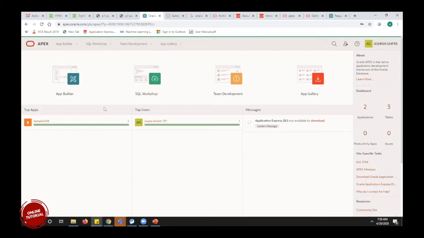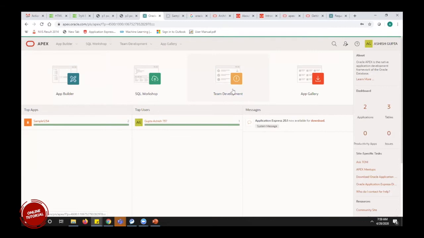Good. So, if you see my screen, we have something like app builder, SQL workshop, team development, and app gallery. What these four things tell us is that in the app builder we are going to do all the UI stuff of our application. There is no other place where we will be doing our UI. In our SQL workshop we are going to write our PL/SQL and SQL code, whatever we want.